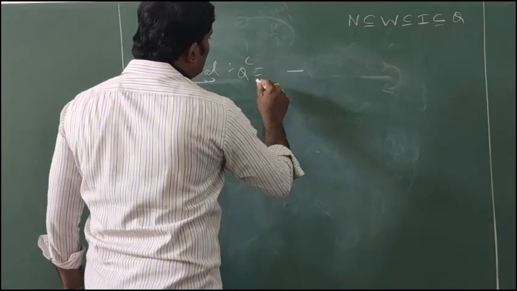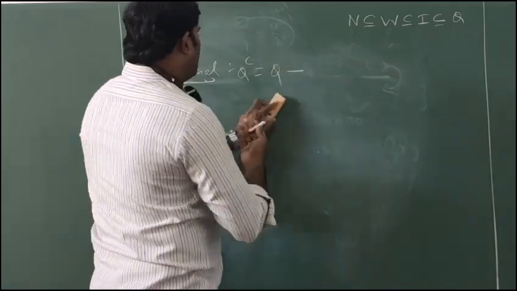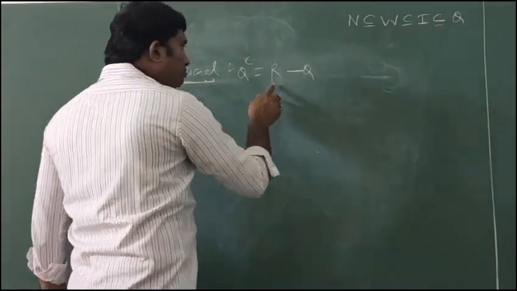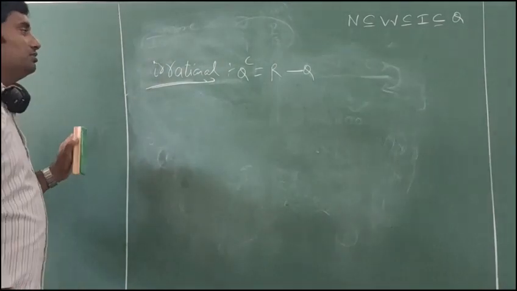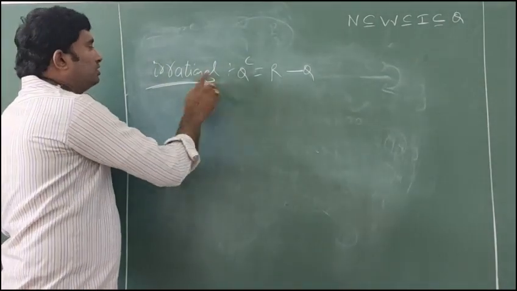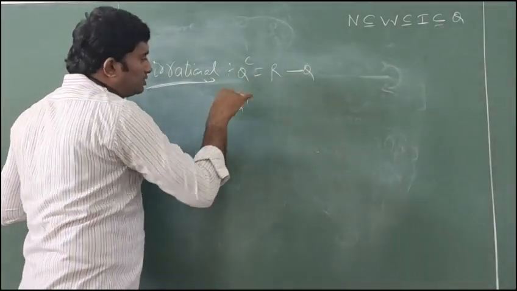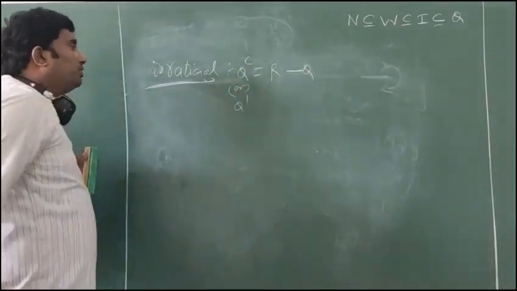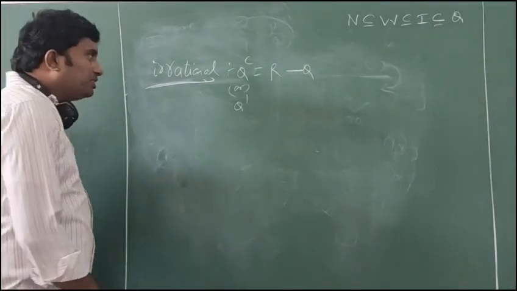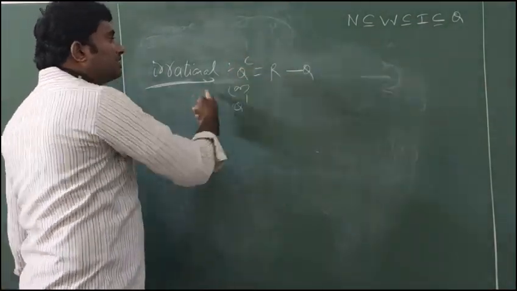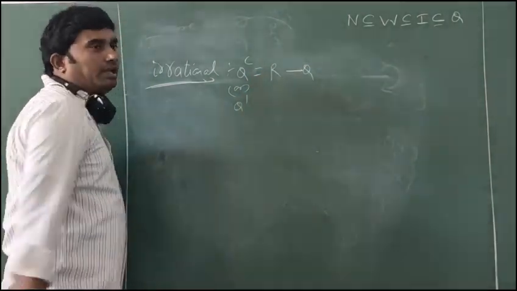We are eliminating some numbers from where? From real numbers. We are eliminating rational numbers from real numbers. Then that set is called the irrational set, and it is denoted by Q dash, otherwise Q complement. Q dash or Q complement. That means the collection of all rationals and irrationals, nothing but real numbers.